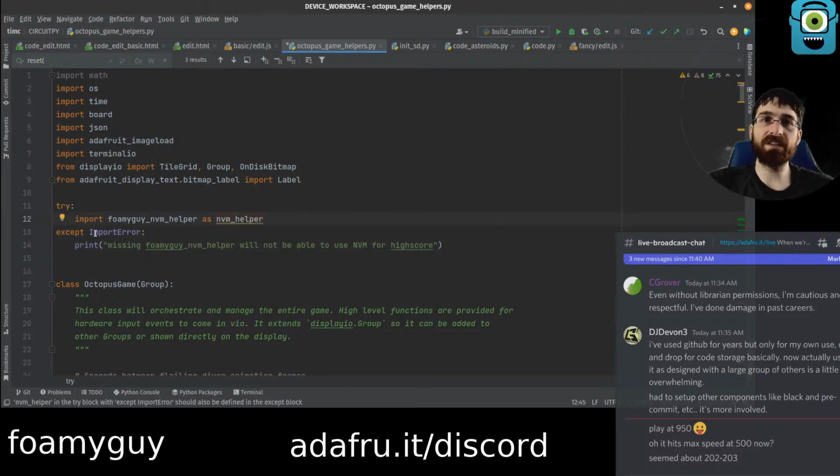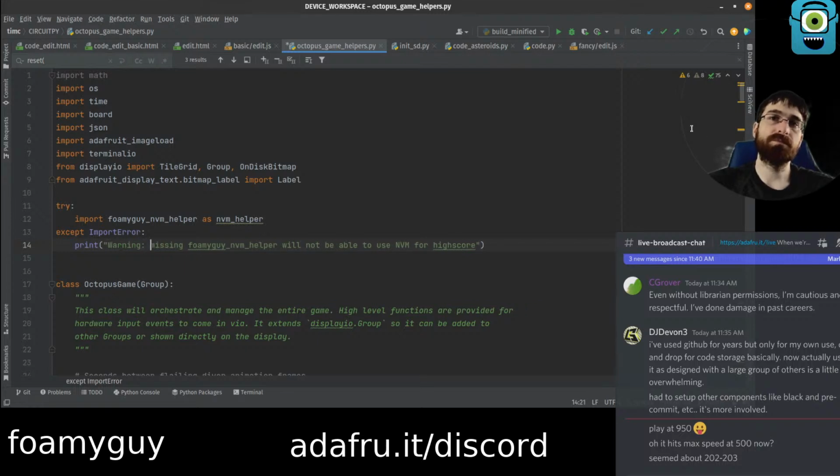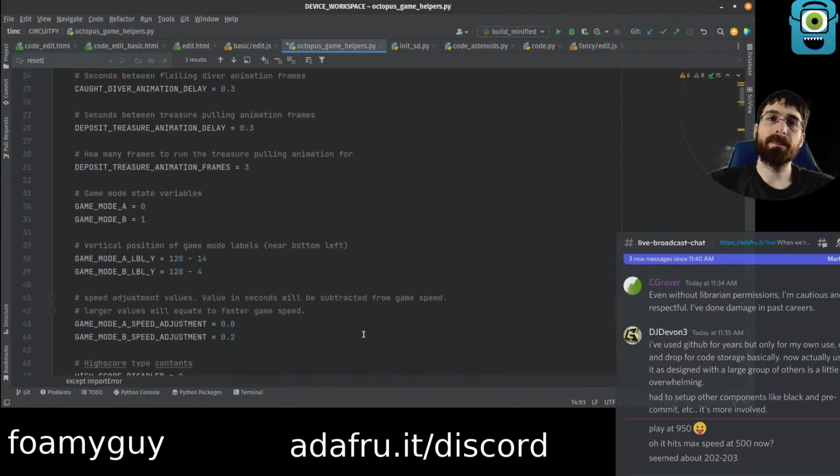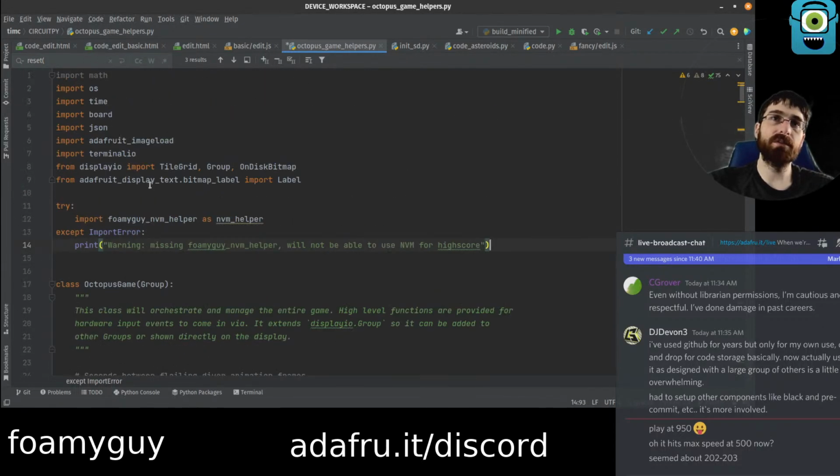So we'll pass, like we'll let them keep going, but it'll print this message that tells them that they can't use NVM Highscore. And I guess what we do is like maybe